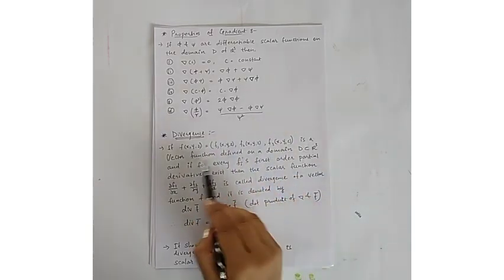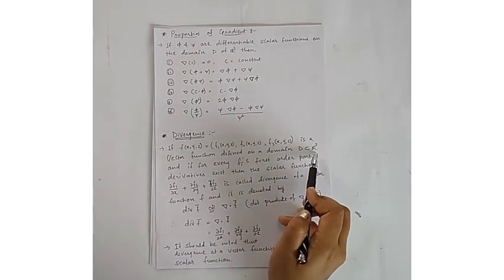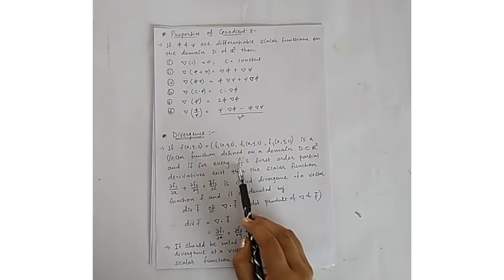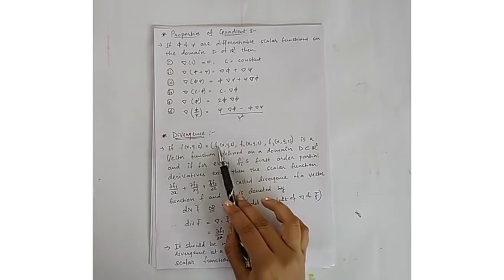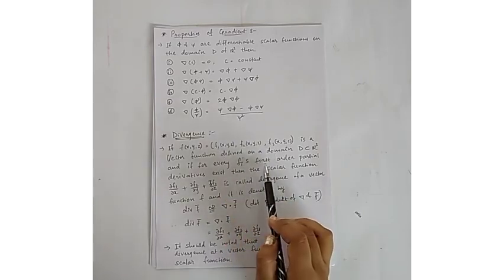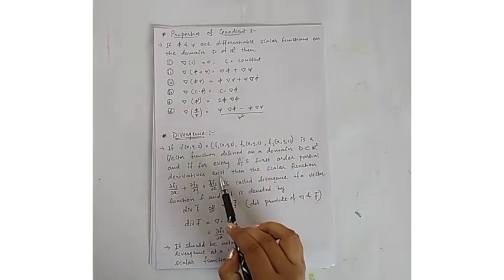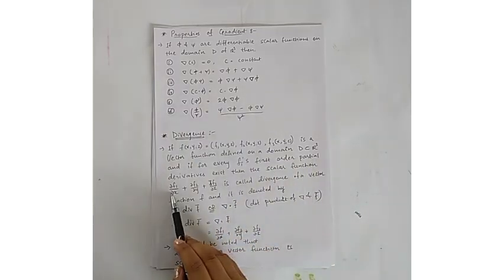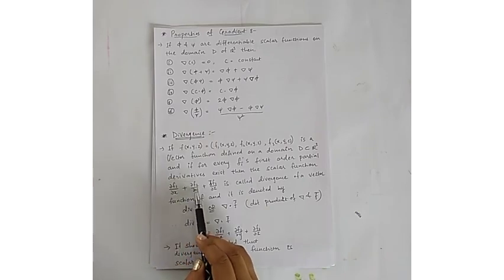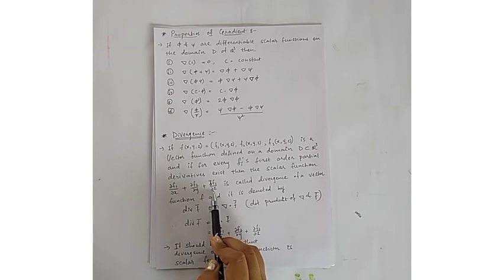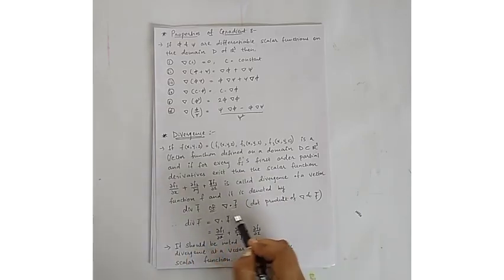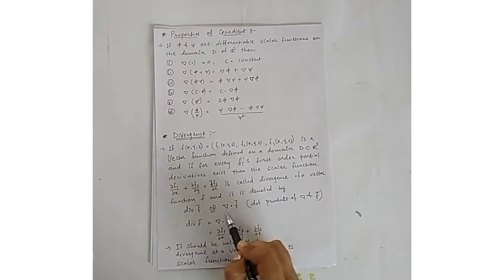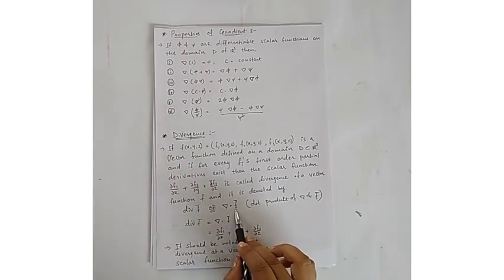So f of x, y, z is a vector function defined on a domain D, which is a subset of R3, and for every fi, where i is running from 1 to 3, so fi means the f1 function, f2 function and f3 function, if the first order partial derivative exists, then the scalar function del f1 upon del x plus del f2 upon del y plus del f3 upon del z is called the divergence of a vector function f, and it is denoted by divergence of f bar, or this is the dot product of nabla and the vector function